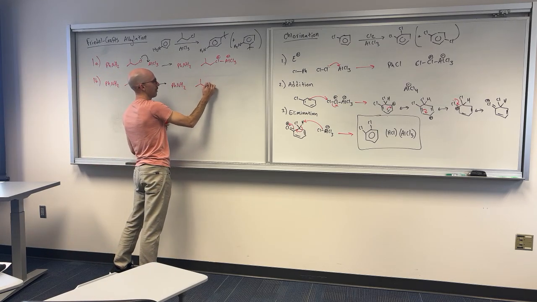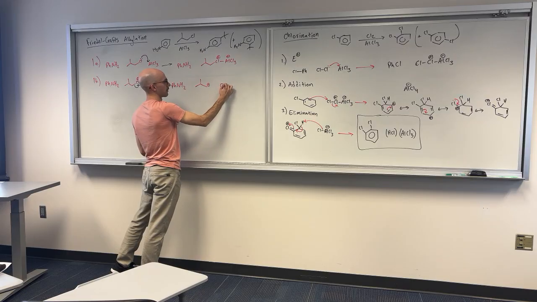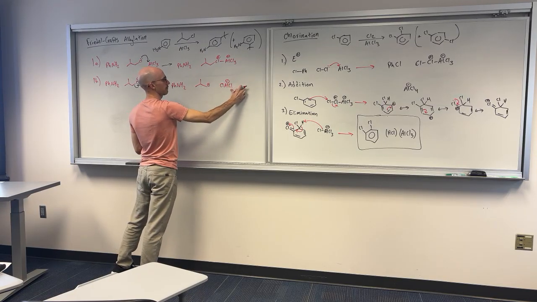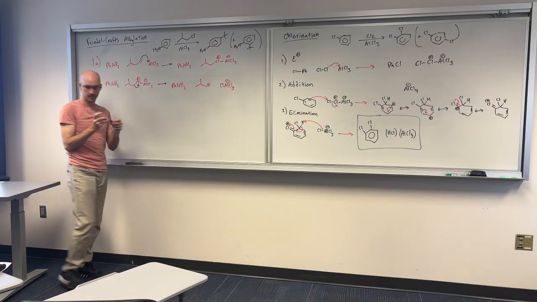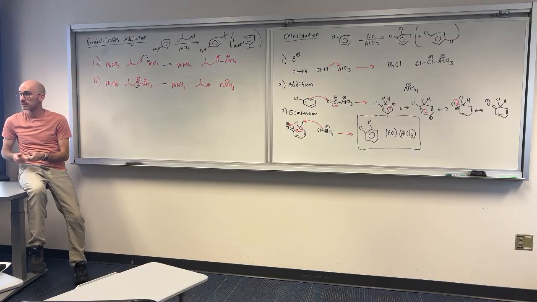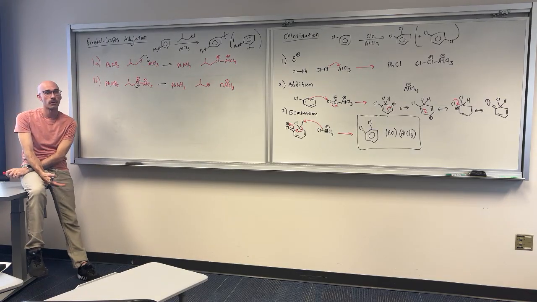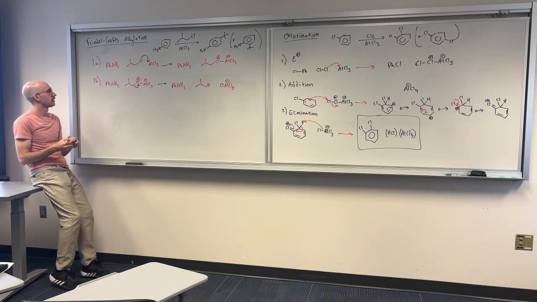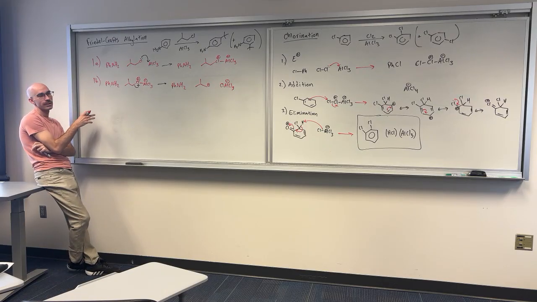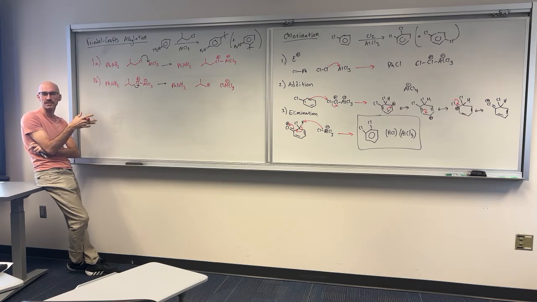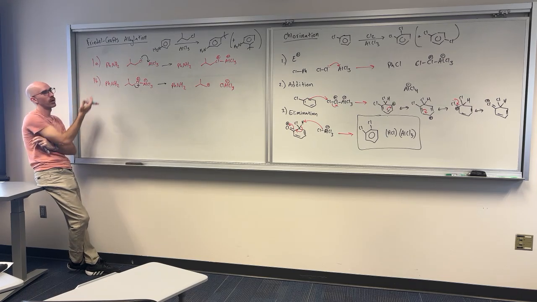And now I have a primary carbocation. Do you know how stable a primary carbocation is? Not stable. So for any other alkyl halide, one that does form a stable carbocation, step 1A and step 1B,